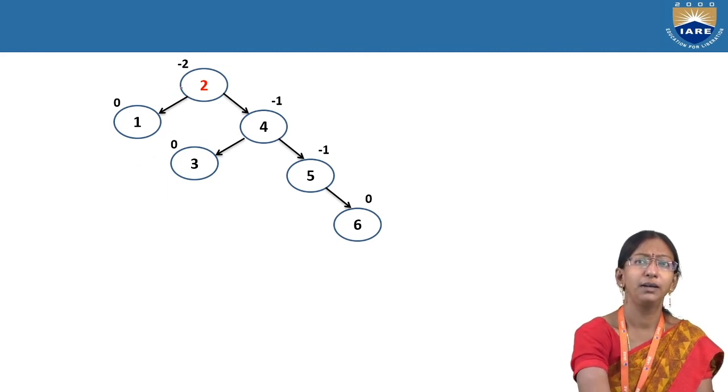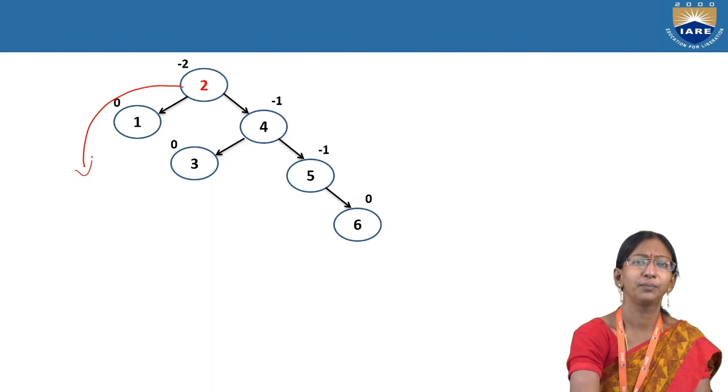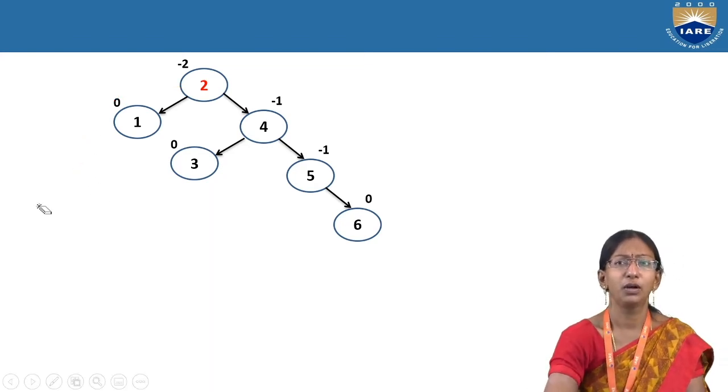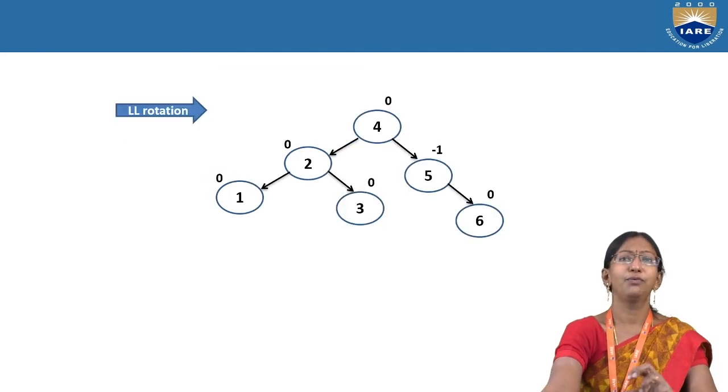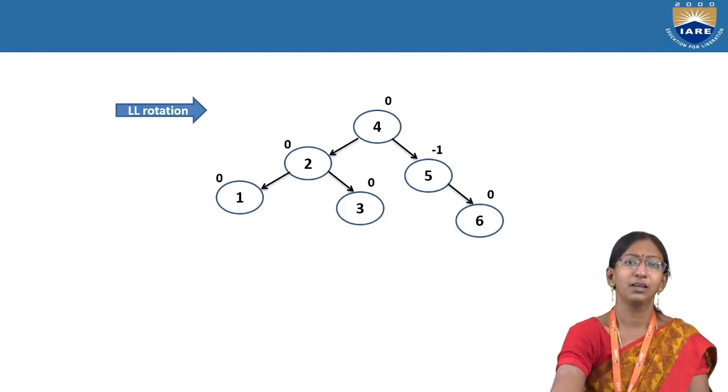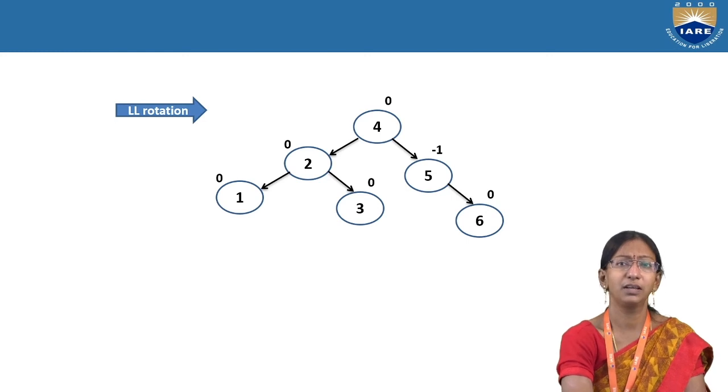Hold 2 and pull it towards left. Right hand side is heavy, so pull the left side. If you do that, 4 is going to rise its head. As 4 has raised its head,